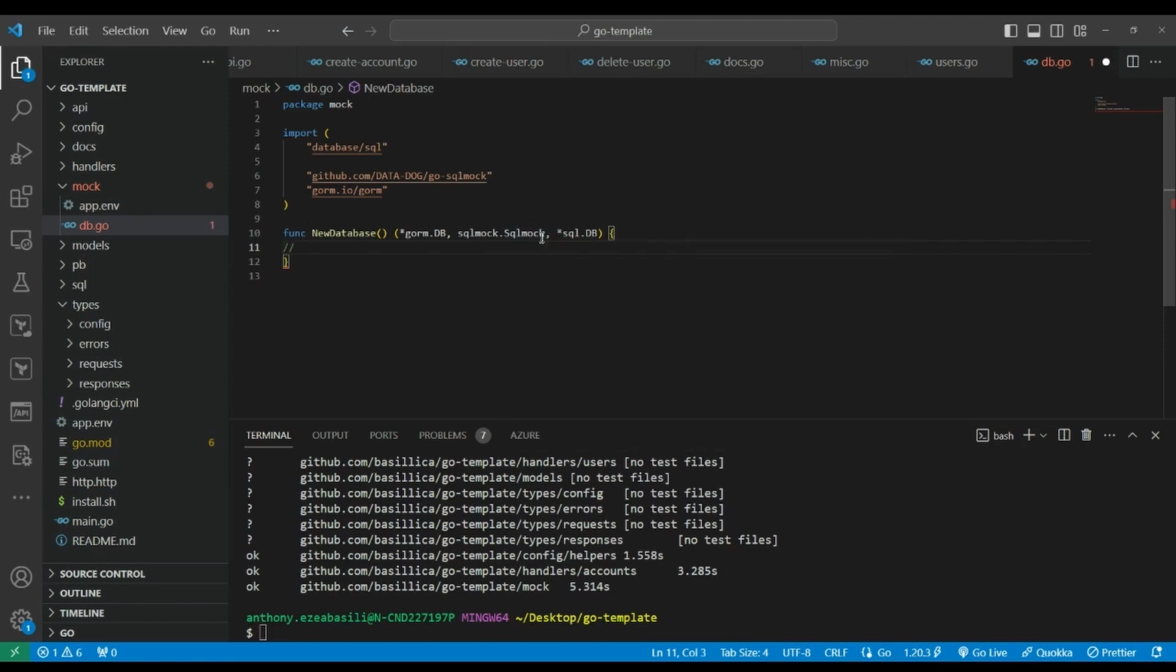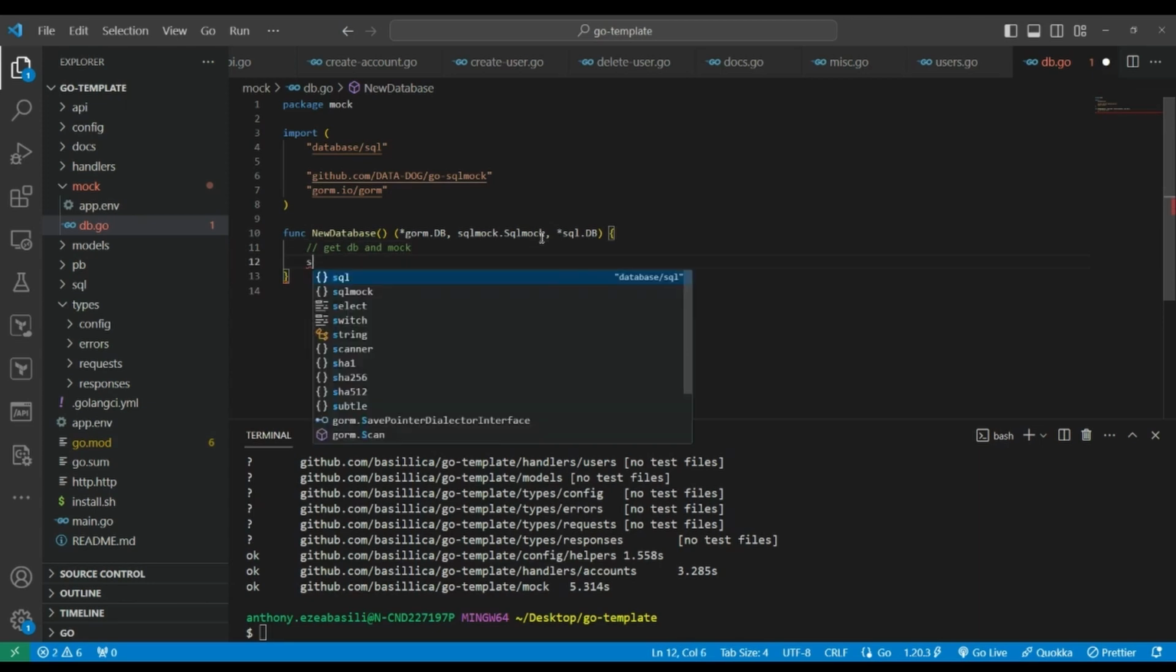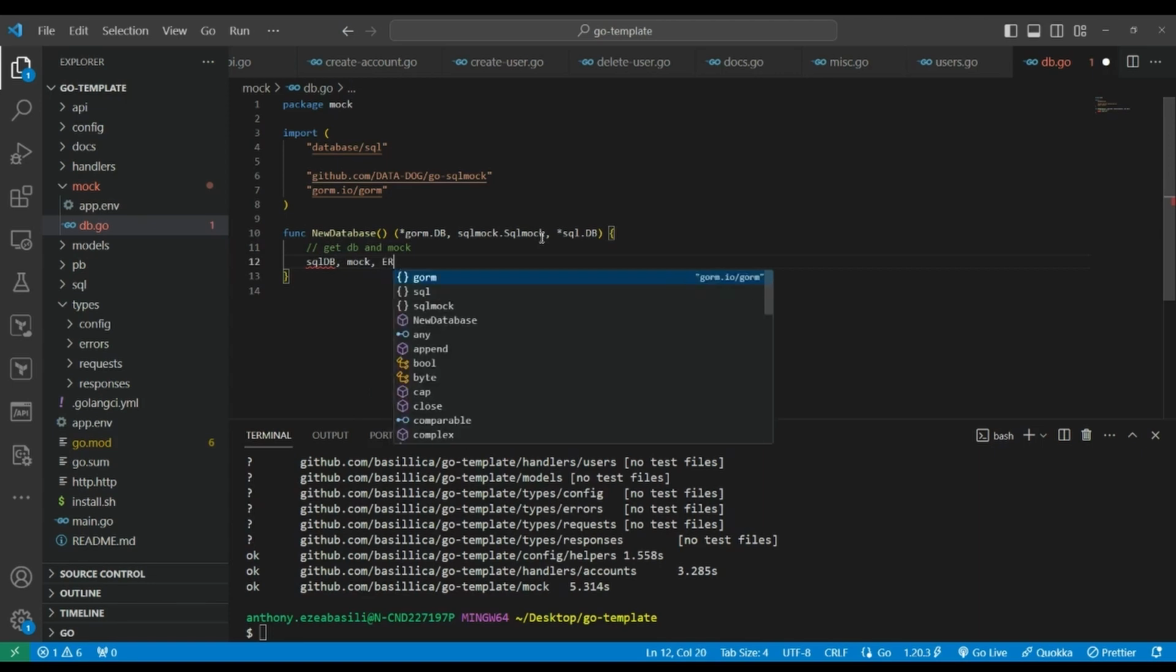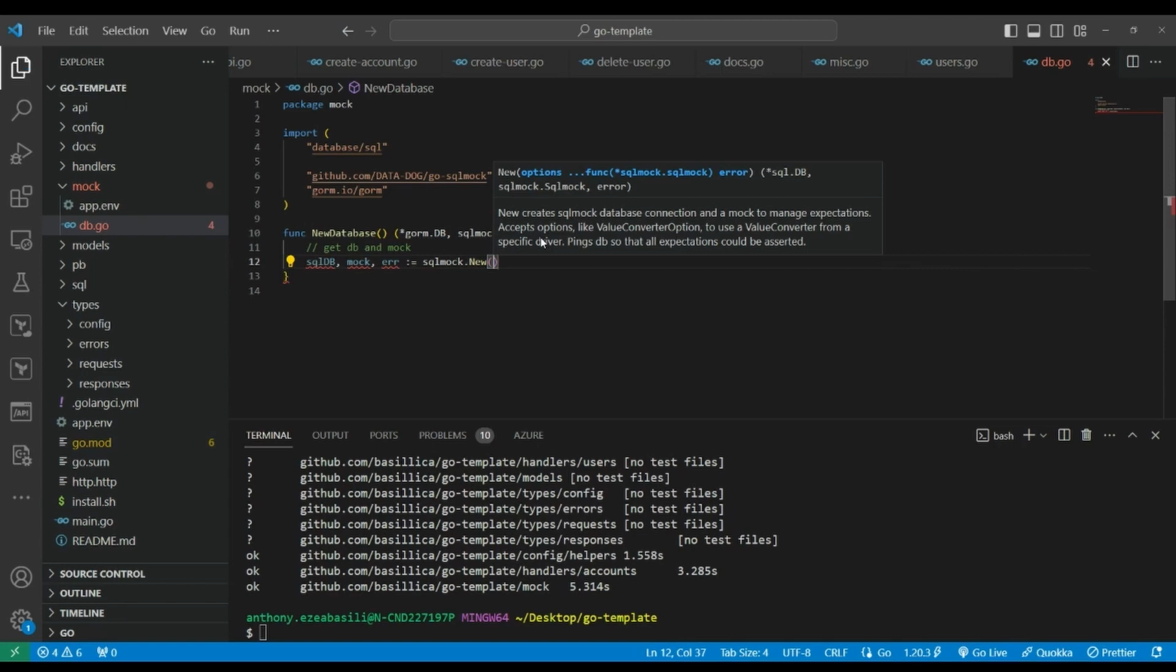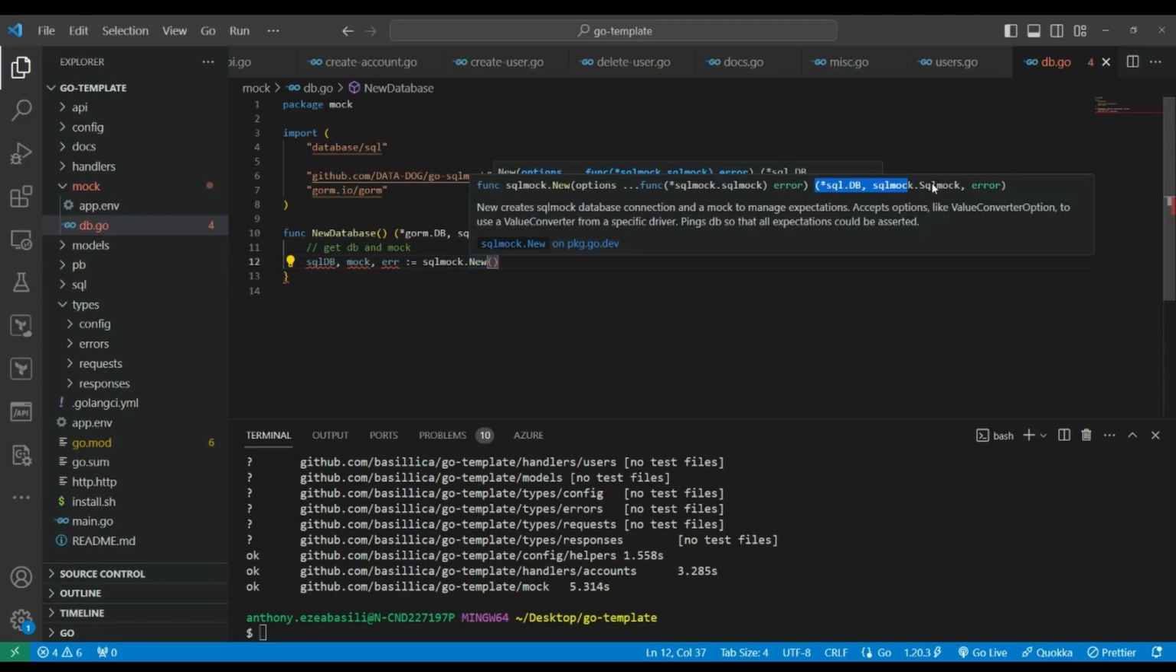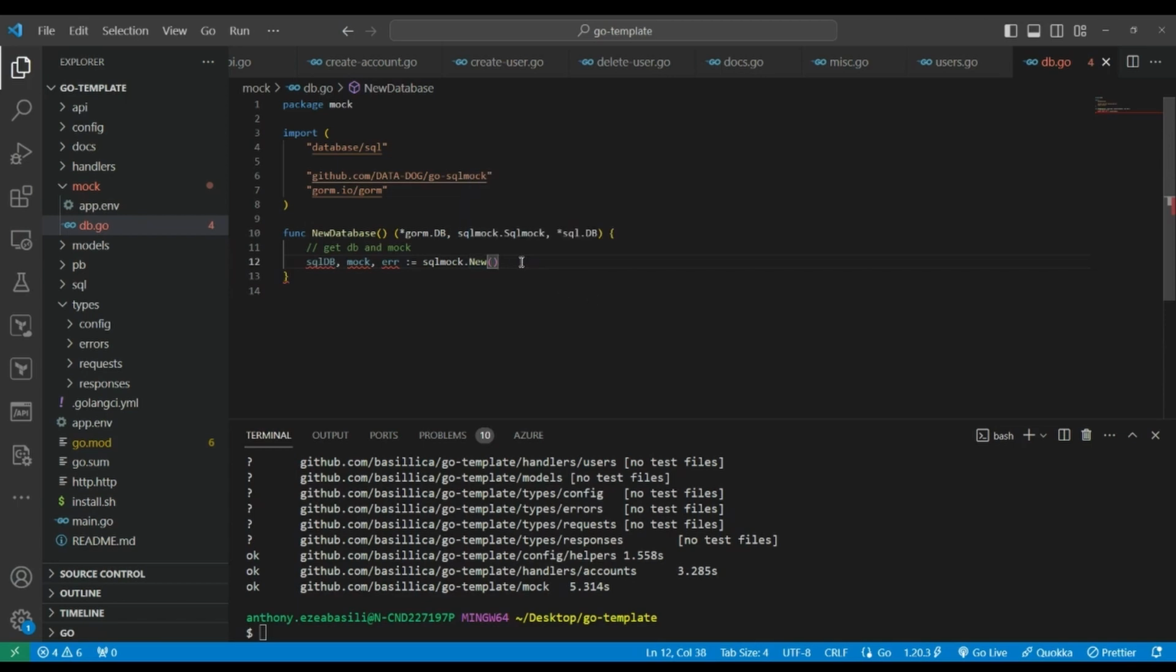And maybe I would add some comments so it makes a lot more sense to read. So here I could say something like get DB and mock, and this is where I would define SQL DB, and I would want to get a mock and of course an error, and this would come from SQL mock, this guy with new. This would return of course 3 things. If you hover over this function, you would see all of this over here. So this is actually how this is set up,